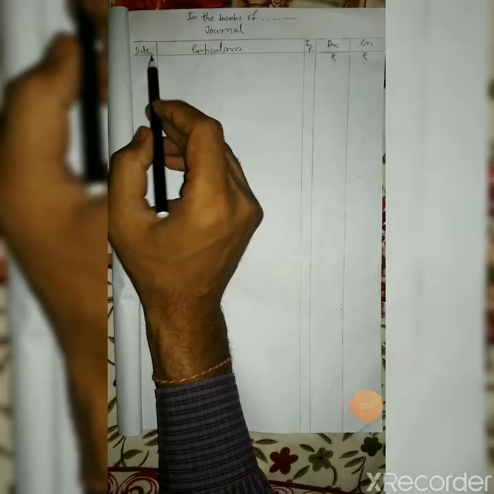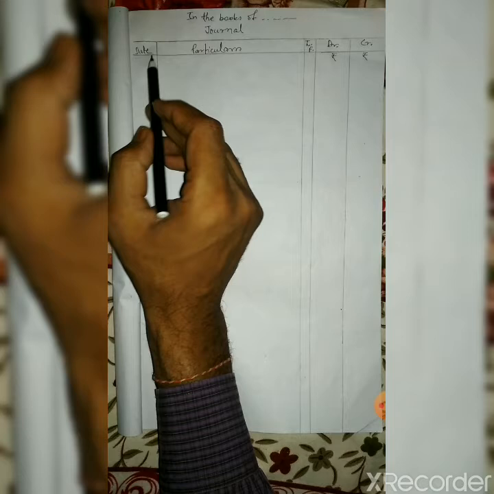So this is the proforma of journal entry which you must remember first. In any kind of books of accounts you are making, in any chapter, you will have to write first "in the books of", and where I have given a blank, the name of the firm will be put. Like in this case we are entering into the books of Vishal Brothers, so here you will write in the books of Vishal Brothers, then journal, and then this is the proforma of journal entry.